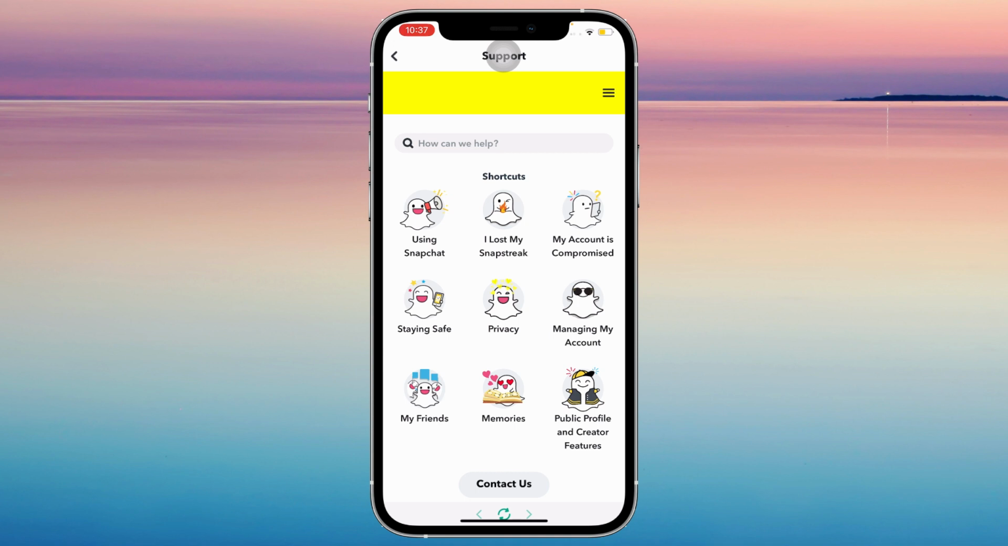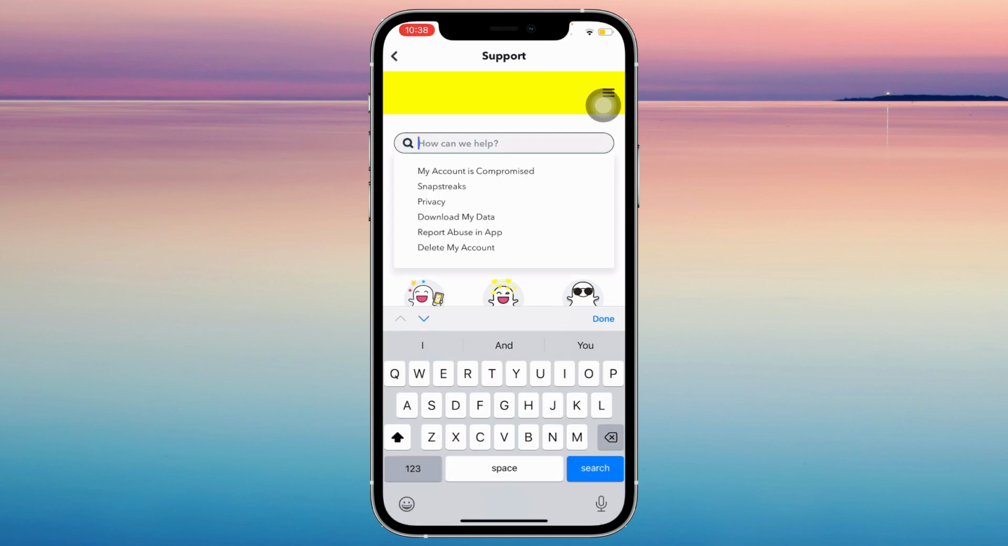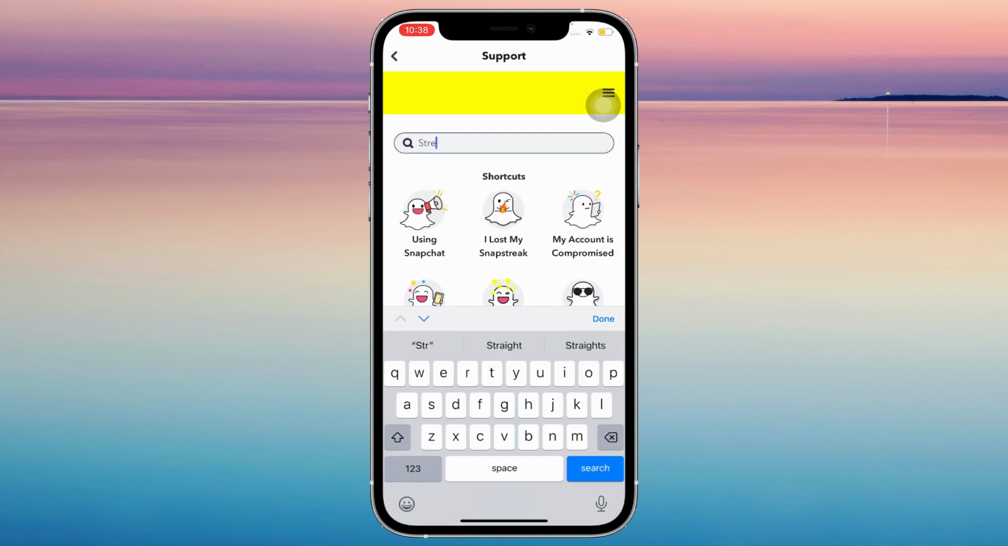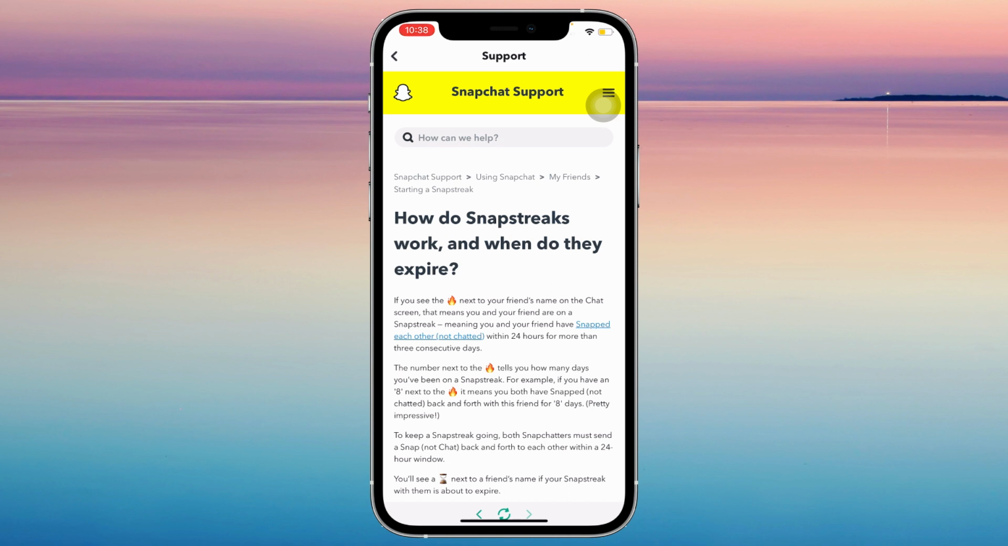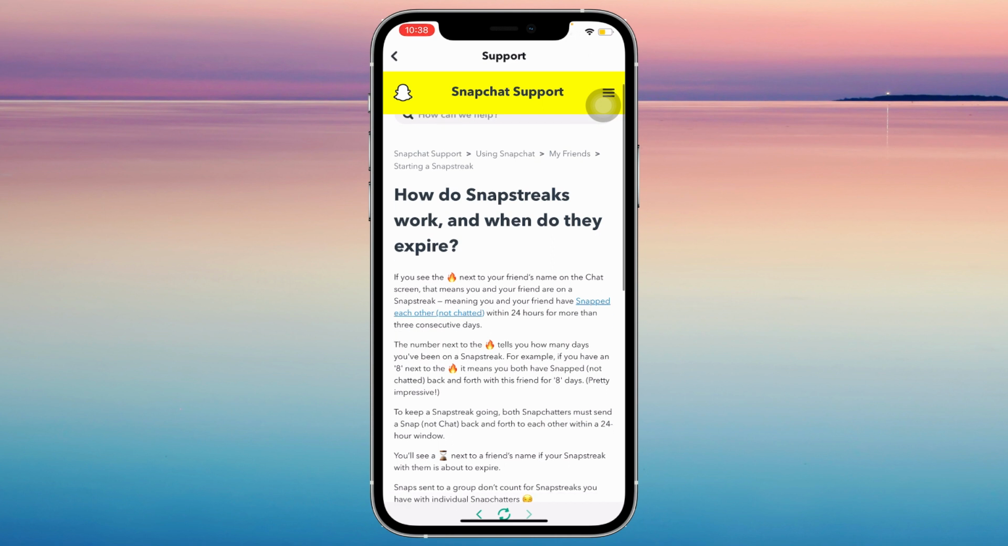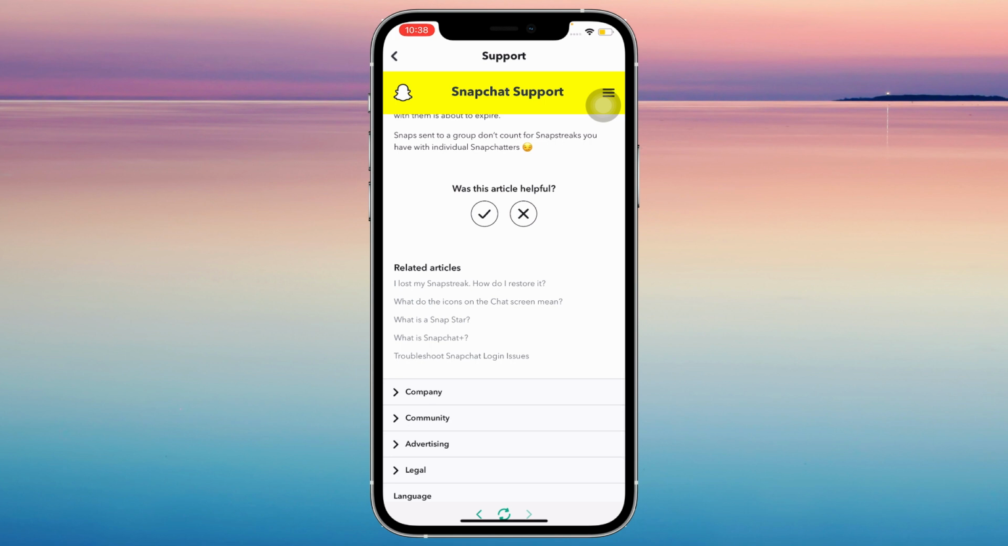Once you're here, there will be a search button here, and all you have to do is search for streaks. Once you're here, just tap on the very top one. How do snap streaks work and when do they expire? So just scroll down, and as you can see on related articles, there's I lost my snap streak, how do I restore it? Tap on that